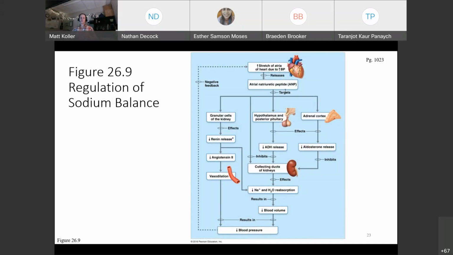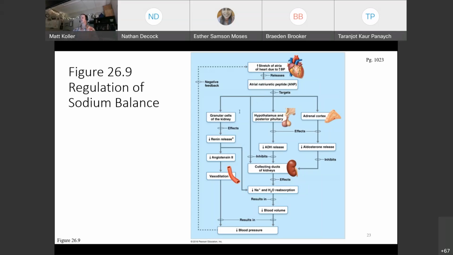You have baroreceptors within the aorta, the major blood vessel that comes out of the heart, and within the atria, so these atrial cells get stretched. If you have increased blood volume and increased blood pressure, the atria, the top two chambers of the heart, get stretched. What happens then? We want a decrease in blood pressure and blood volume, a decrease in antidiuretic hormone, renin, and aldosterone production, increased excretion of sodium and water, and vasodilation. The smaller blood vessels can either open up, dilate, or constrict, close down. So ANP is released, and it has all these effects.